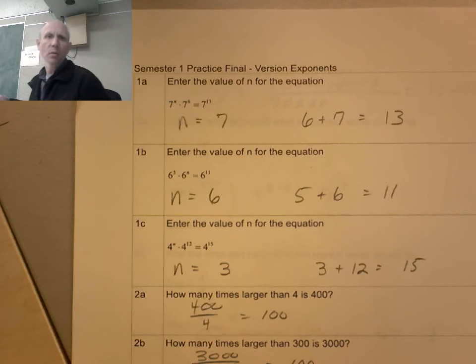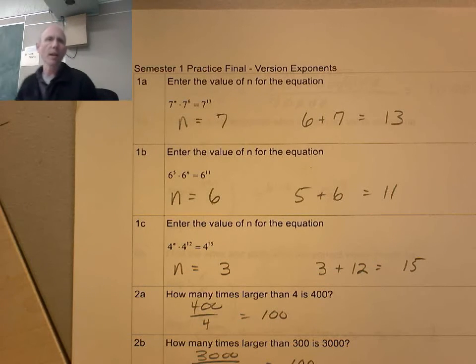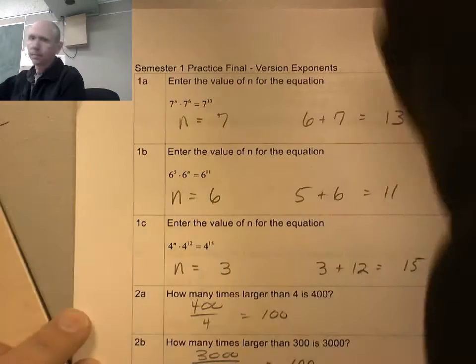So this is the semester 1 practice final, but just dealing with exponents. The practice final includes 5 different topics, so this is the exponent topic of it. So if I'm looking right here,